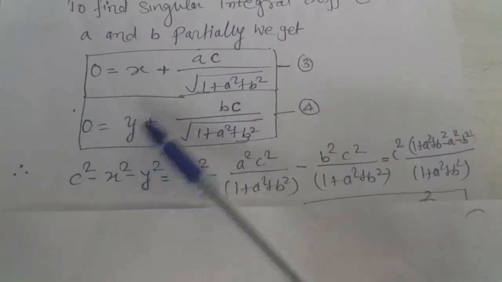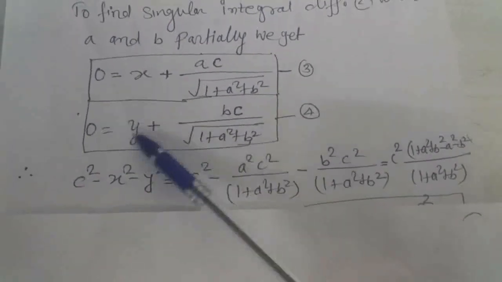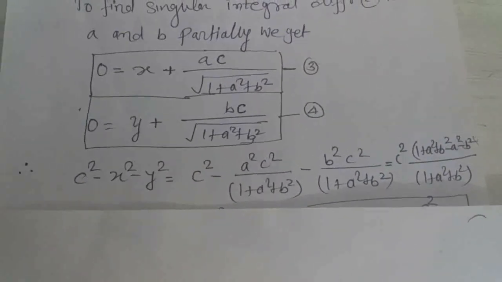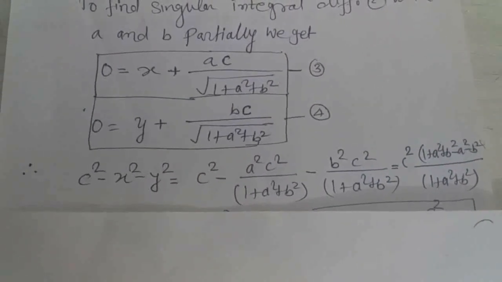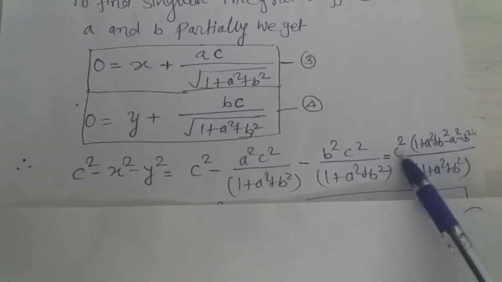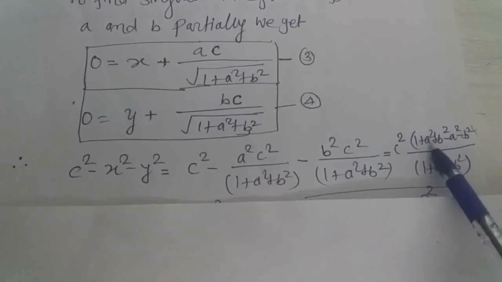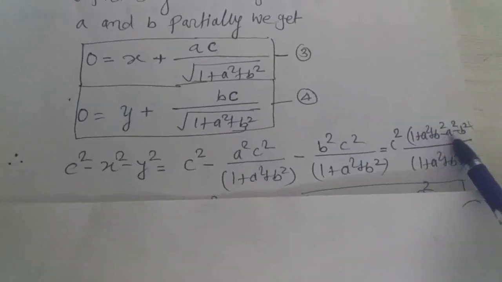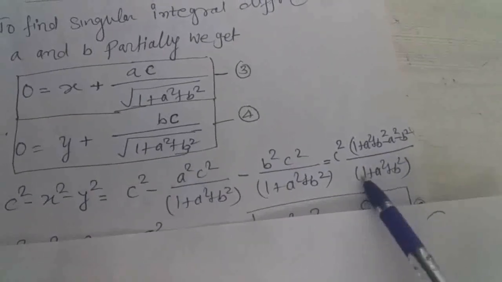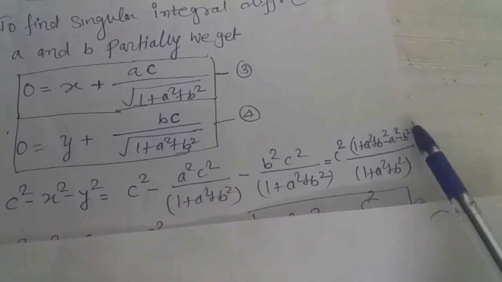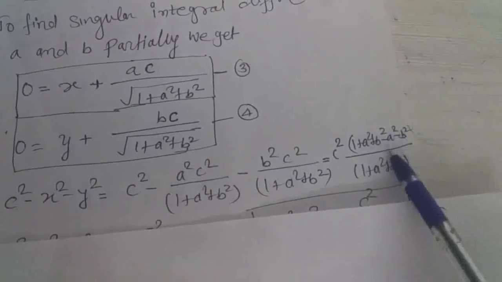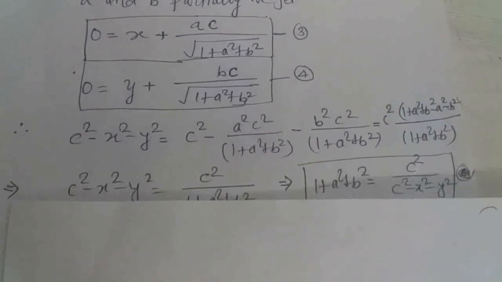The value of y is negative of this, and y square we get B square C square upon 1 plus A square plus B square. And after simplification we get this term C square into 1 plus A square plus B square minus A square minus B square, whole divided by 1 plus A square plus B square. Here minus A square and plus A square cancel, plus B square and minus B square cancel, and finally we